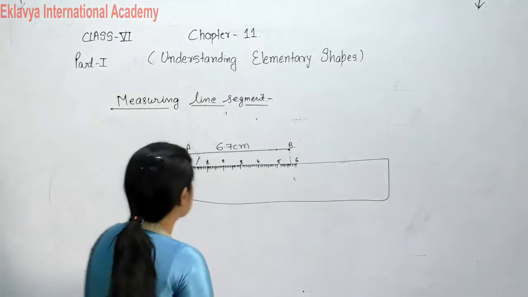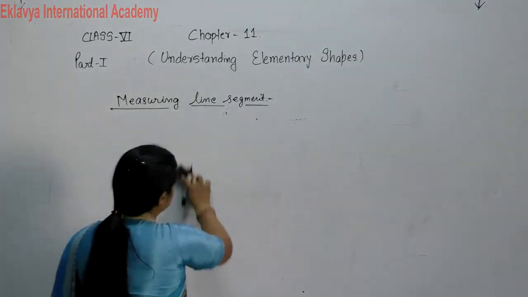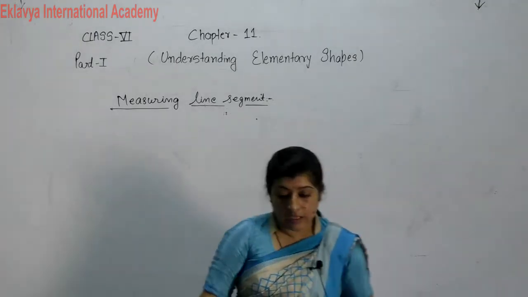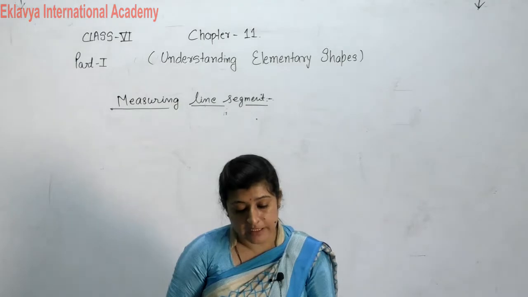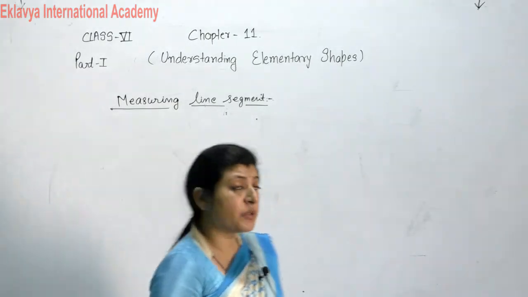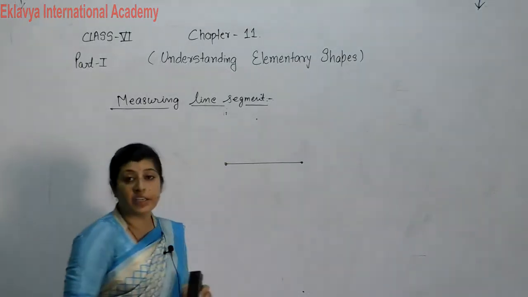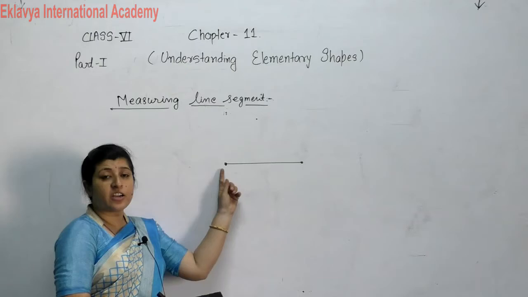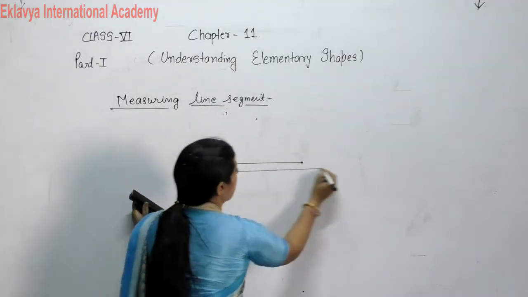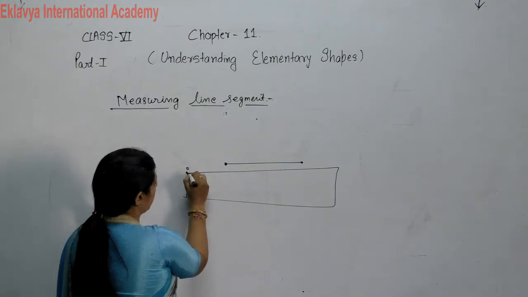Now see, test your understanding. We will solve these questions. One line is given to you, measure the following line segments with a ruler. This question you can do easily. What you will do, any line segment given to you, you put a ruler. 0 starts from here, or suppose you start your ruler from here, 0,